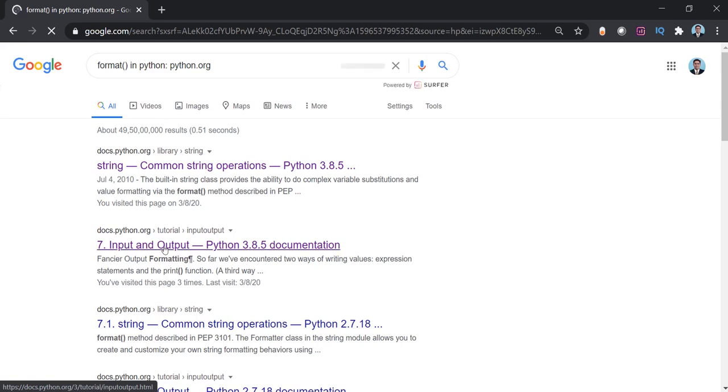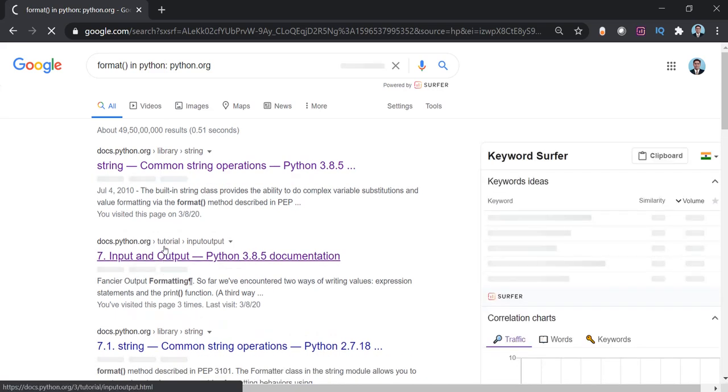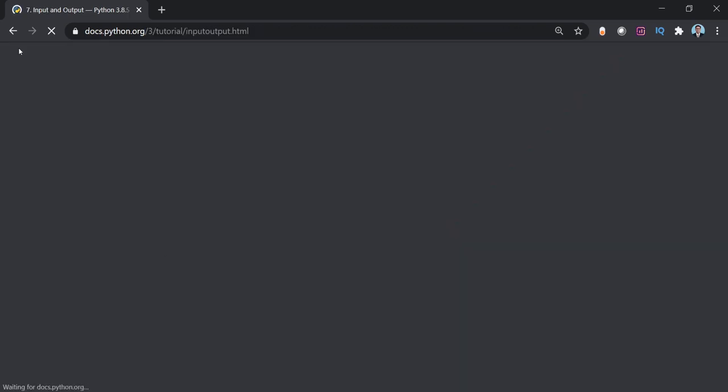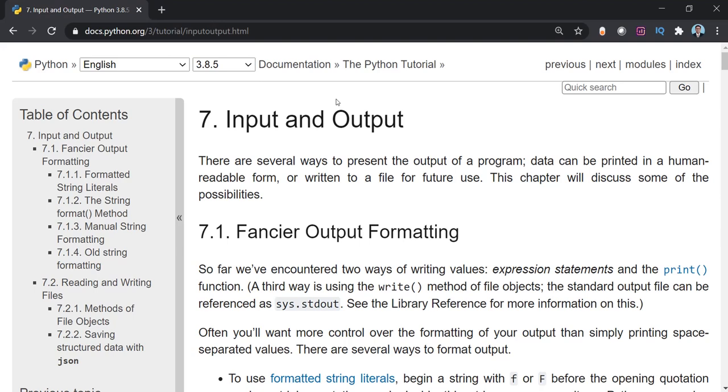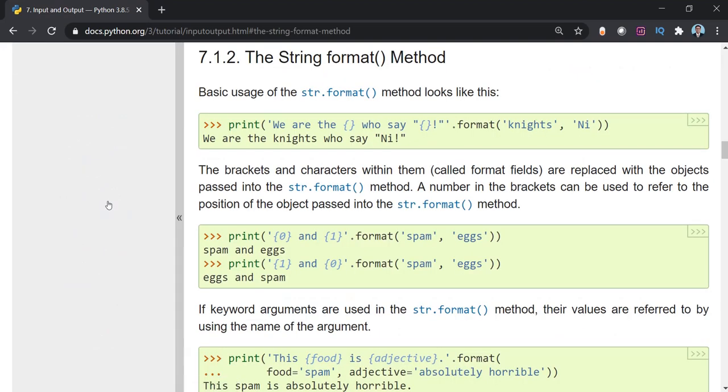So here is the desired output where we will get the required information that we want. It will take us to the official site. Make sure you are going towards the official site: docs.python.org will be the common part, and whatever you are searching will come afterwards. In the input output section, that concept is there. So the string format method, as I've told you, is the concept that we are going to make use of. It is a very simple method in Python to do that particular task.